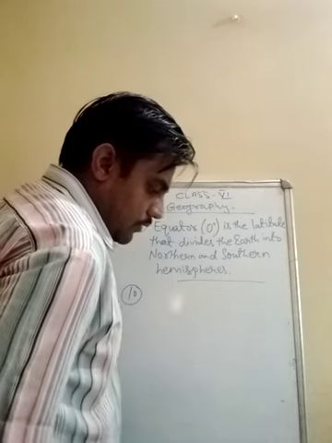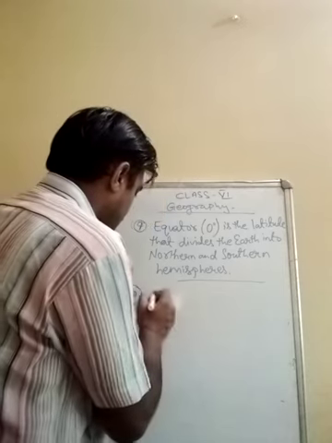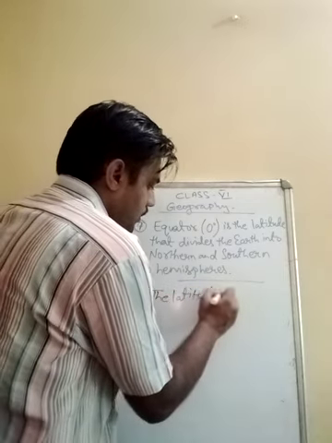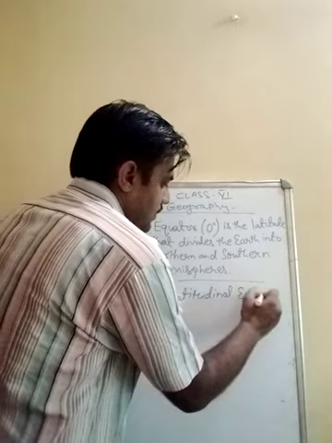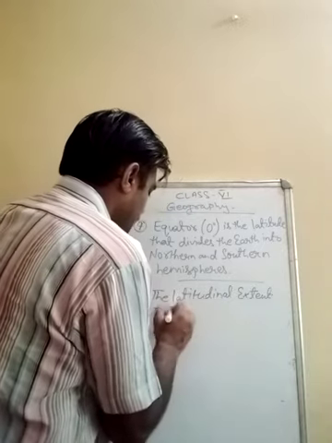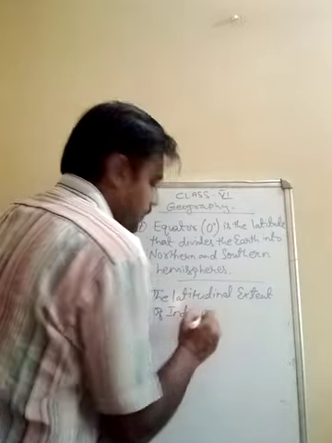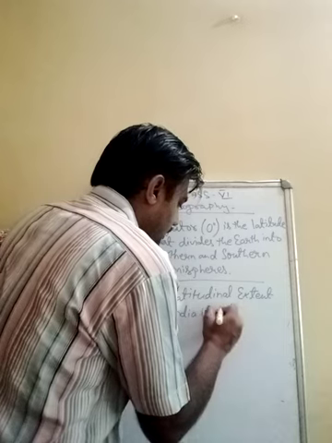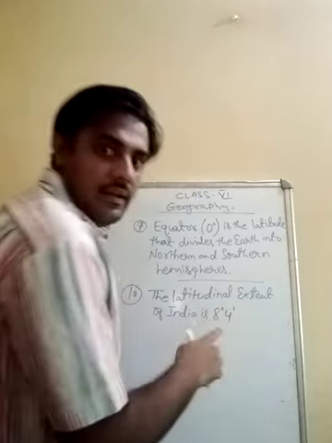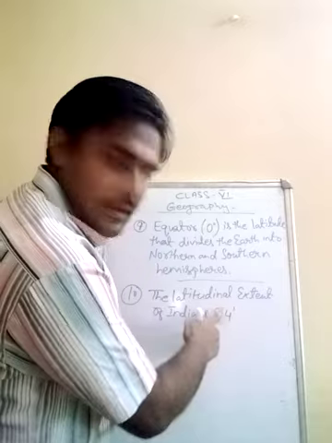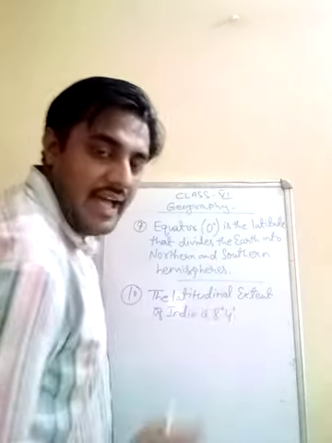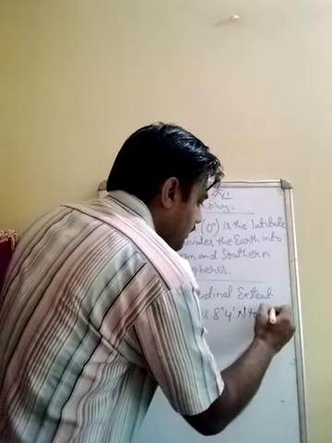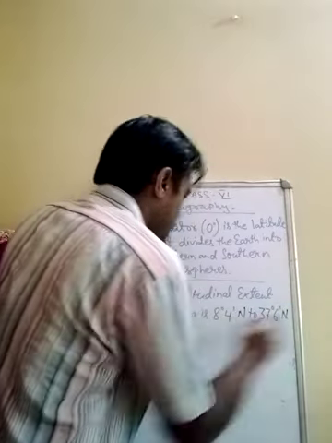Now coming to number 10. What are the latitudinal and longitudinal extents of India? Use your atlas to find the answer. Simple. The latitudinal extent of India is, if you remember in one of my videos I had stated this one, 8 degree 4 minutes. Look children, 8 degree 4, and this dash you see up here, the dash is minutes. 8 degree 4 minute north to 37 degree 6 minute north,